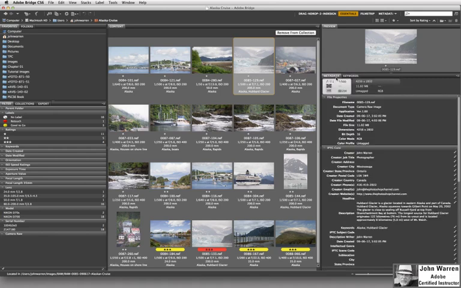So now that we've done that, the next thing is we've worked on these images. Let's just assume that all of these images have been edited to our satisfaction. We're now back in Bridge with our edited images as we want them. Good to go. We need to export these things out to give them to our clients, whether our client happens